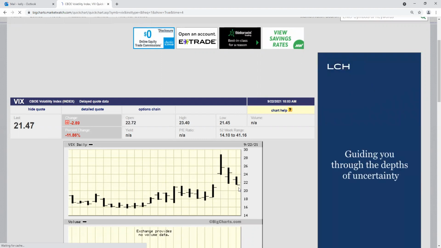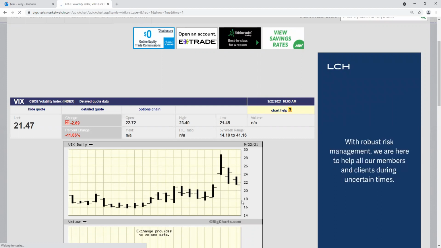Again, when and if the VIX can get under 20 and 18, then I think you can breathe a sigh of relief that this is probably the high on the VIX for a while, and you're going to get a Q4 rally, which a lot of people are calling for. A lot of people are saying year end, we're going to be at 4,800 on the S&P. Well, I mean, the 4,300 is looking pretty good if that's the case. I don't see us going to those numbers unless you can get this VIX under 18. And of course, unless you can get above 4,450 and above 4,500.